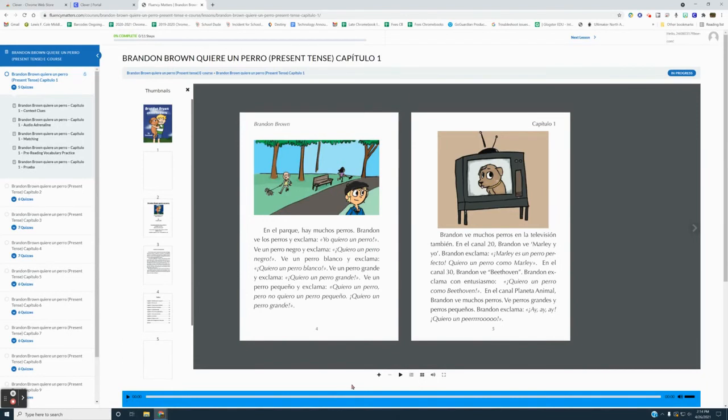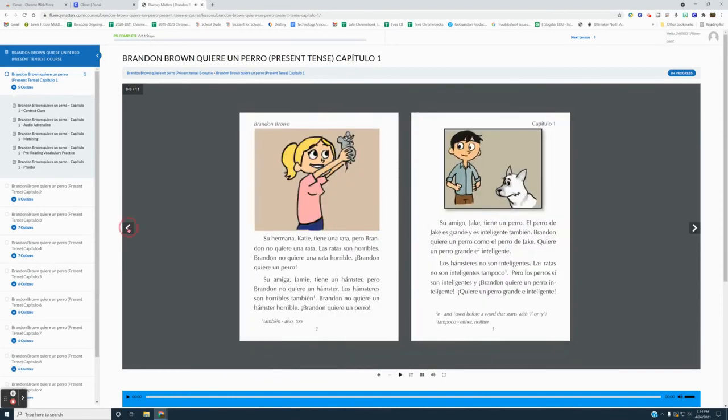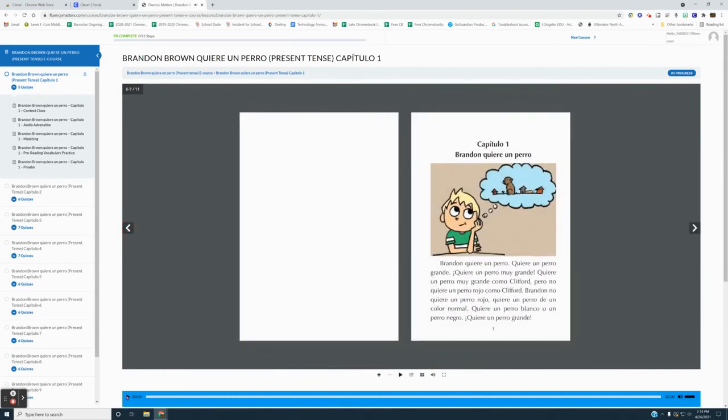And then down here, this is the neat feature. Let me just go out of that if I want to get out and go back to the page turning. Come back to the beginning. If I click the play button on the blue bar all the way at the bottom,